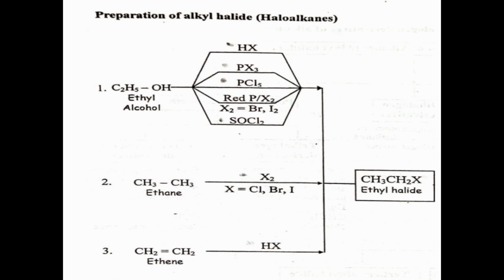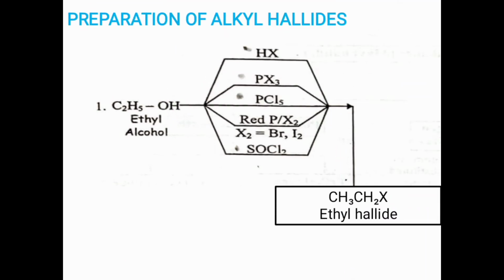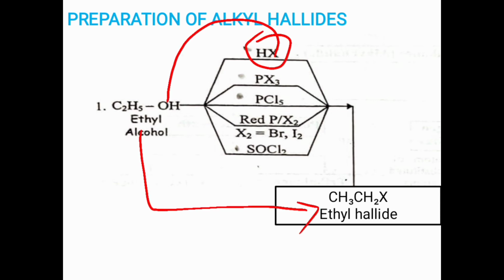So let's get started. Students, this is the preparation of alkyl halides, the first part, that is preparation of alkyl halide from ethyl alcohol or alkyl alcohol. Suppose we react ethyl alcohol with a hydrogen halide, that is HX. Then the X part of this will get substituted with OH. Therefore, we will get C2H5X, that is CH3CH2X, ethyl halide. The product we directly form here. And the H plus OH will give you the byproduct H2O, that is water.